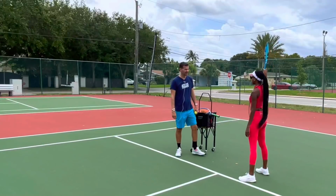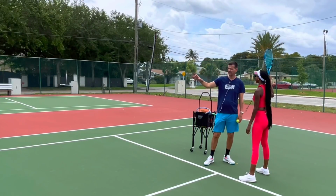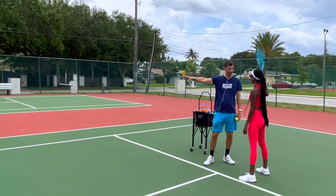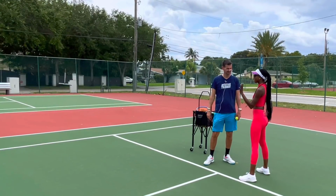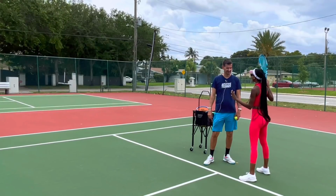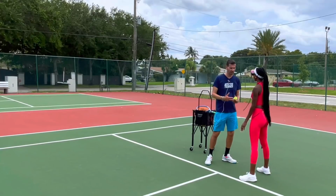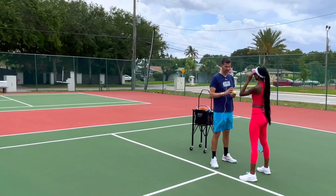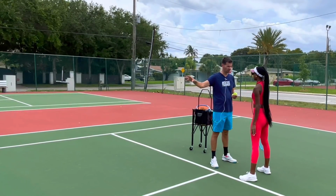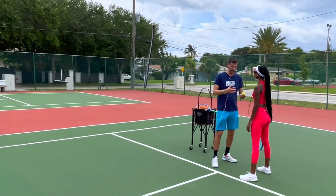Ace. You know what ace means? Ace in tennis means if you hit a serve good enough where your opponent can't get to it, that's called an ace. Yeah, that was an ace. So you want to hit the ball so that your opponent cannot get it? Well, yes, you do, but it gets a little more complicated than that. When you are just starting out, your intention should be just to get the ball in and not worry so much about the opponent. Just get it in, get the rally started, and then as you get better, you can start maybe being a